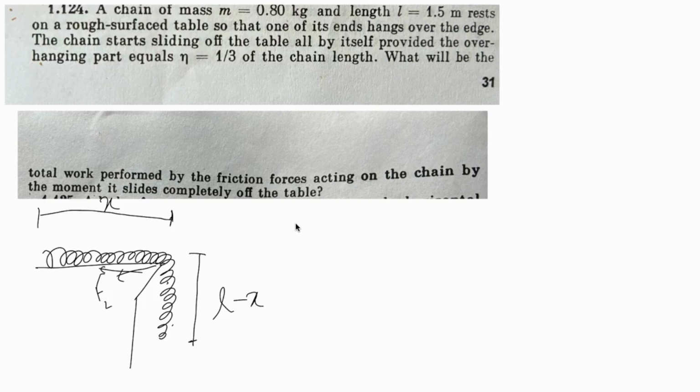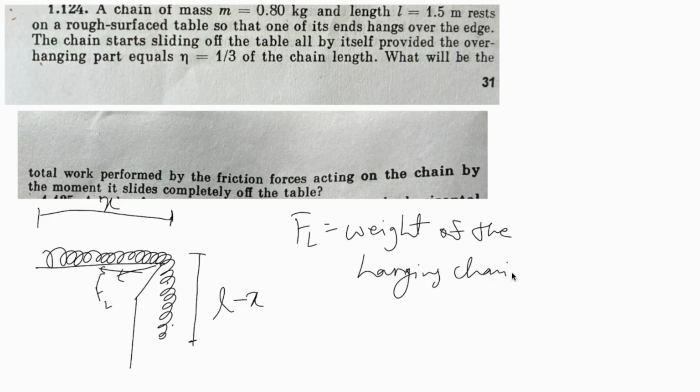So at equilibrium I can safely say that the limiting force is equal to the weight of the hanging chain, right? So from here I can say that the limiting force is equal to lambda times L minus